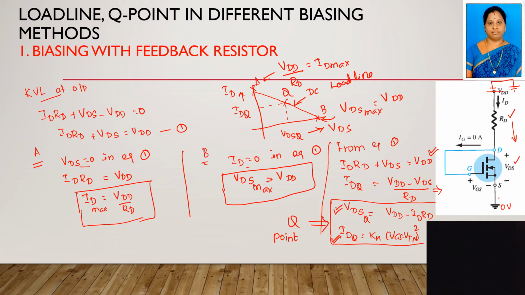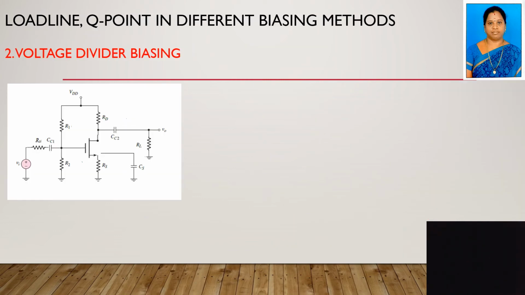I hope everyone understands this biasing with feedback resistance. Okay. The next biasing method is voltage divider biasing. So in this voltage divider biasing method, again, I told you for the DC analysis, we have to make all the capacitors